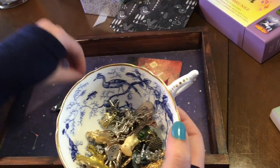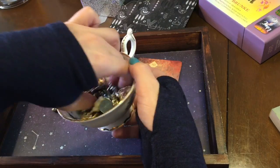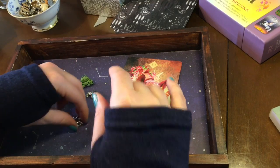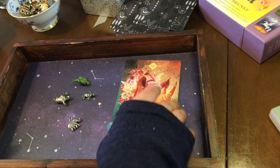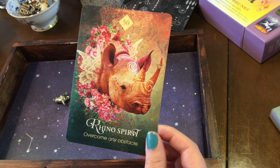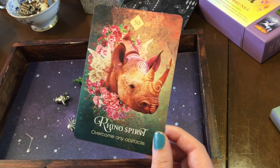Oh, look, it sort of reminds me. I'm just going to keep pulling double charms here because I'm trying not to look, so I'm just grabbing whatever. Okay. Oh, this elephant makes a lot of sense for that too. Okay. So, for you guys, overcome any obstacle. This sort of just reminds me that maybe sometimes you might doubt your ability to overcome these obstacles. It's just telling you to really move forward, charge forward, and that you have the ability to overcome any problems,